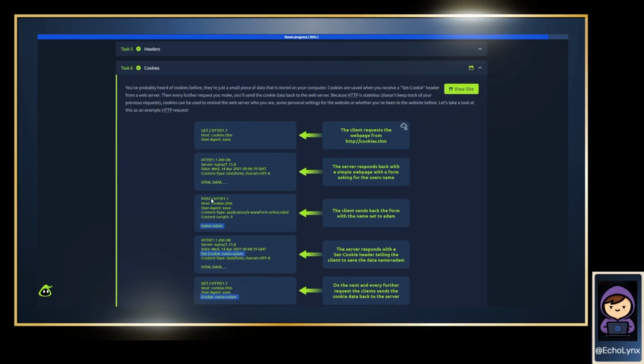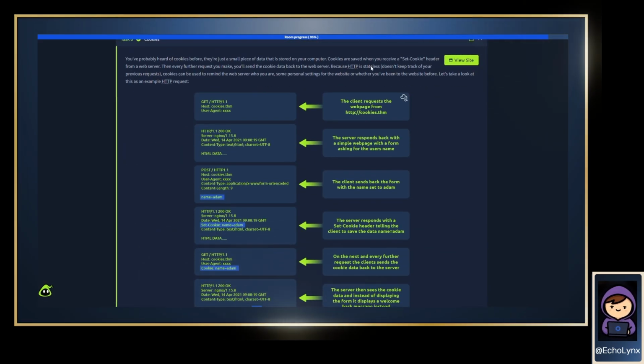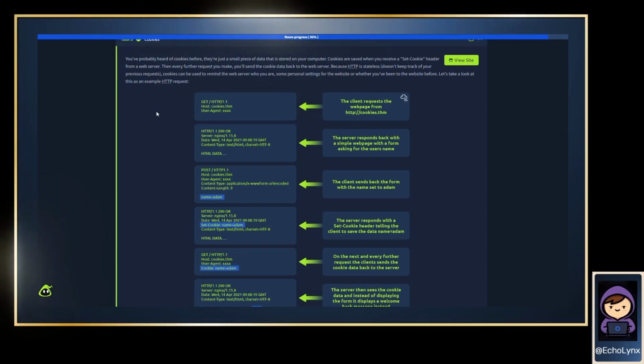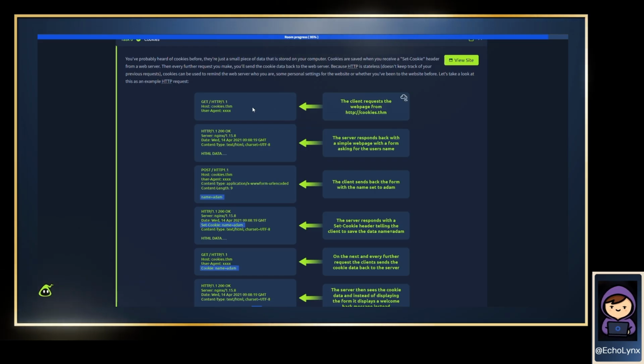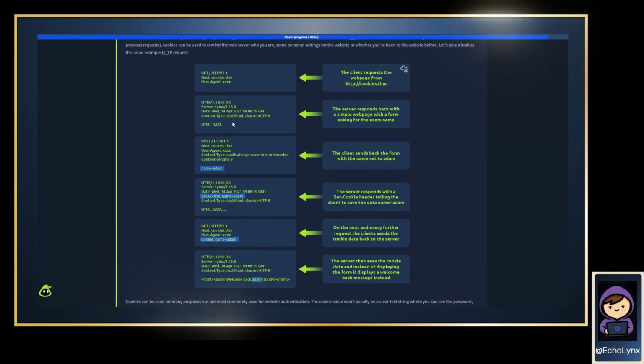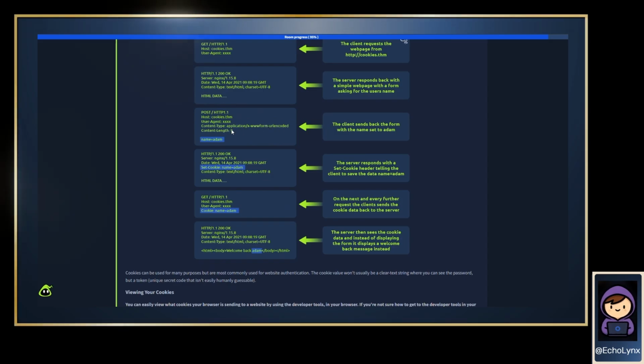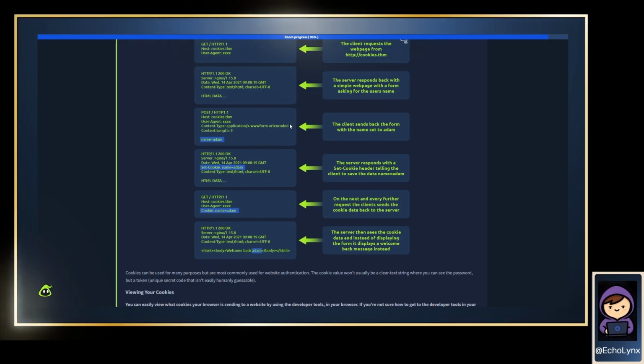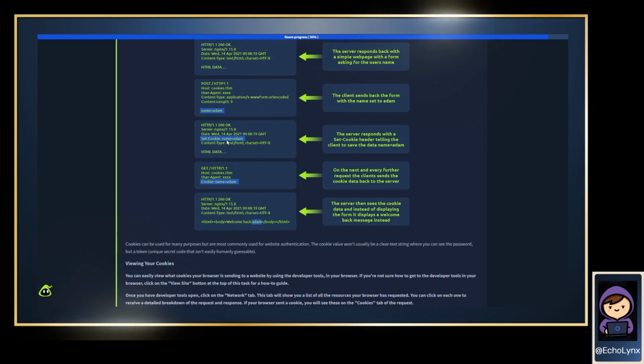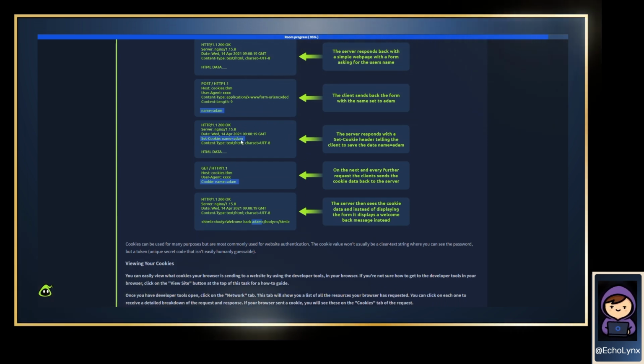Task number 6. Cookies help a web server remember who you are. Example. The client requests a page from cookies.thm. The server responds with a page containing a form asking for a username. The client fills the form with the name Adam and submits it. The server processes the form and responds with a set cookie header, e.g., name equals Adam, and instructs the client